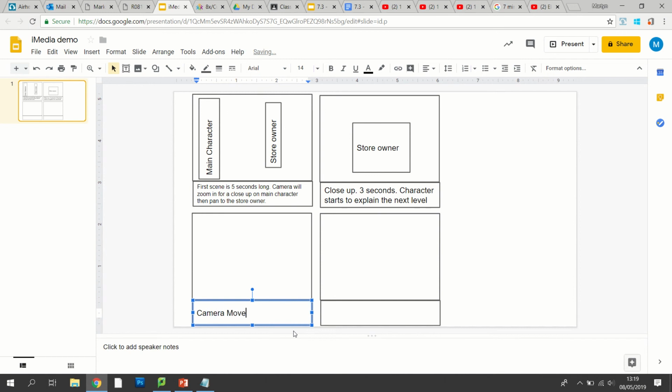Camera moves to main character. So 5, 6, 7, 8 seconds we've got so far. So we'll use another 3 seconds, which brings us to 11. And we could say something like over the shoulder angle.